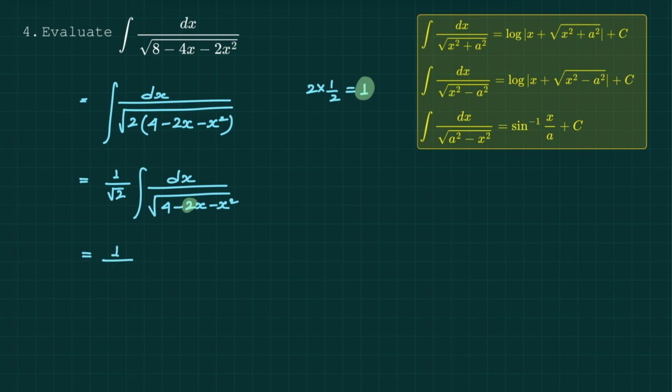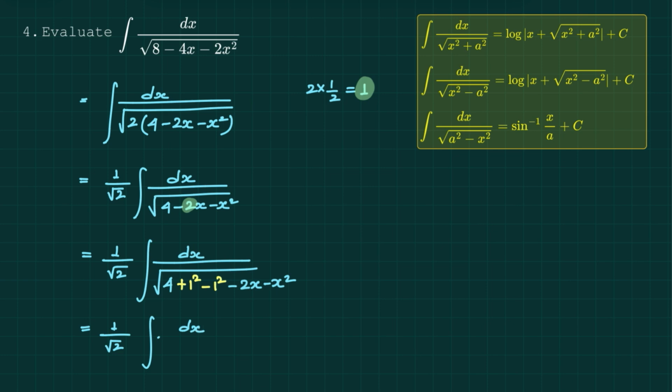So it equals to 1 over square root of 2 integration of dx over square root of 4, adding 1 square and subtracting 1 square and writing minus 2x minus x square, equals to 1 by square root of 2 integration of dx over 4 plus 1 square is 1. Now taking out minus common from here, we will have 1 square plus 2x plus x square